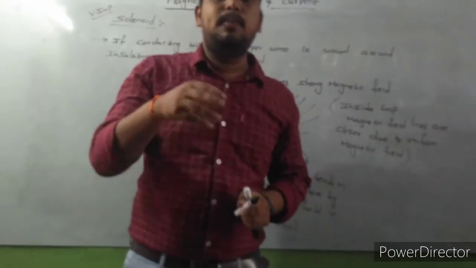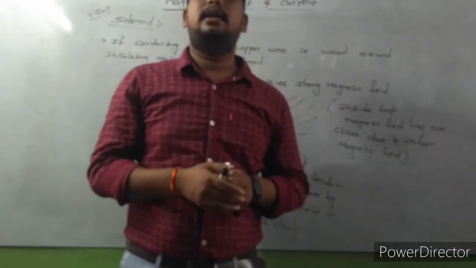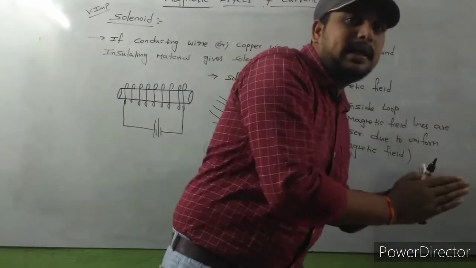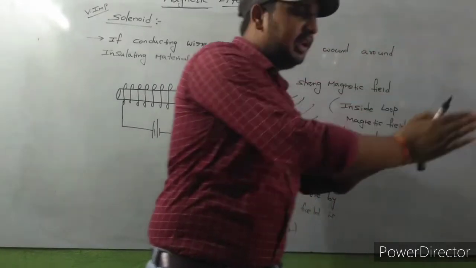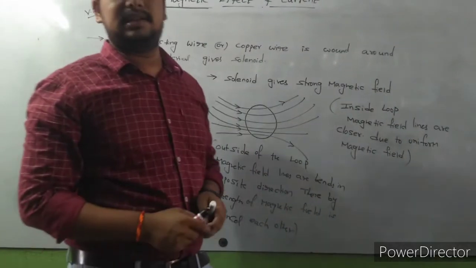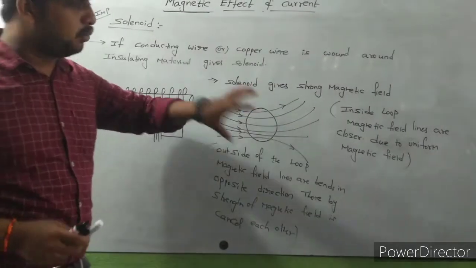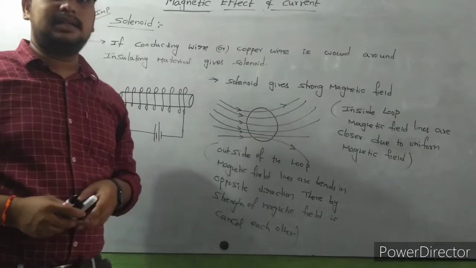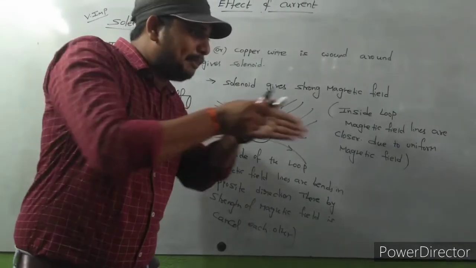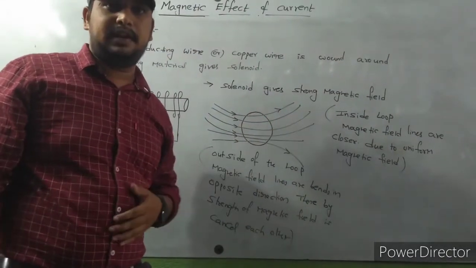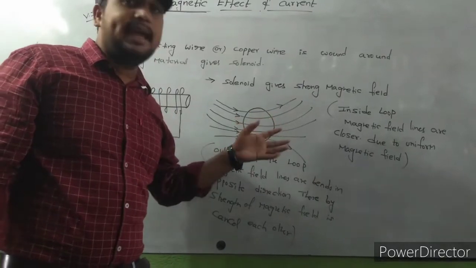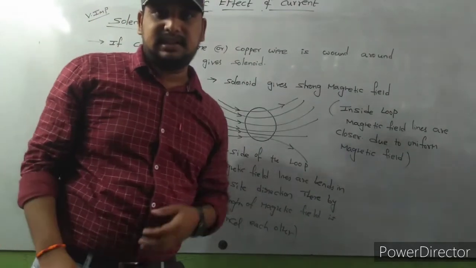Inside the loop it produces a strong field, and outside of the loop the field lines move away and cancel each other. So that is the thing. If I consider one loop only, we get a strong magnetic field. If I am taking several turns,